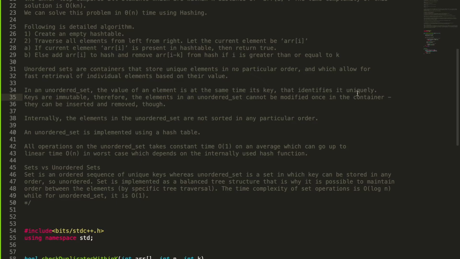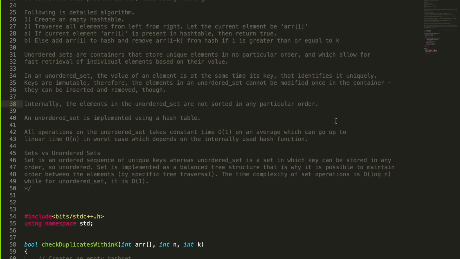And internally they are not sorted in any particular order, because obviously they are unordered in nature, and they are implemented using a hash table. The time complexity of an unordered set is order of 1, but in the worst case it can go to order of n.